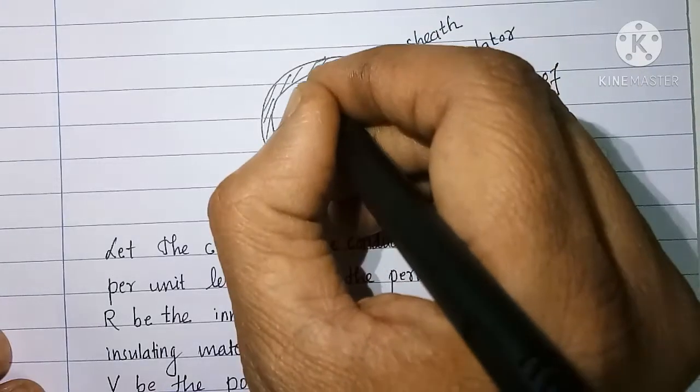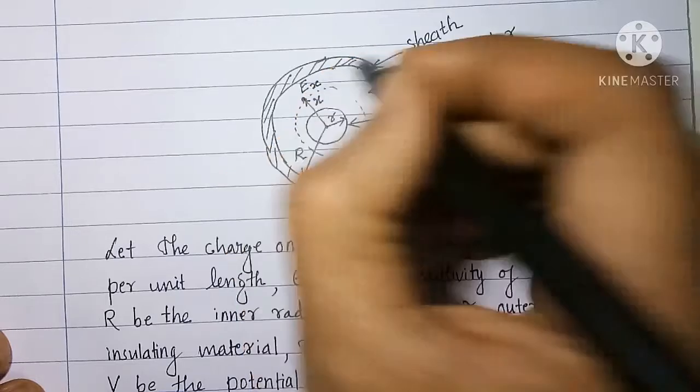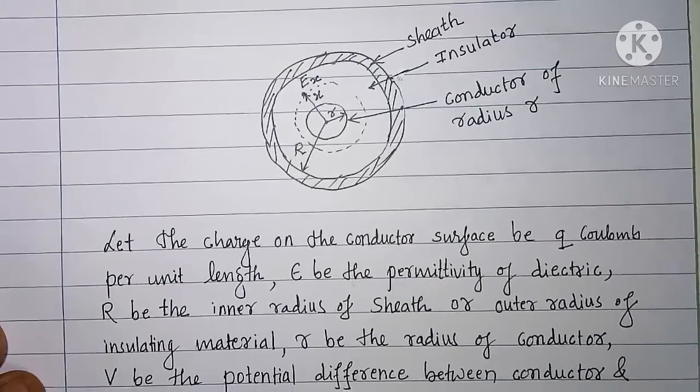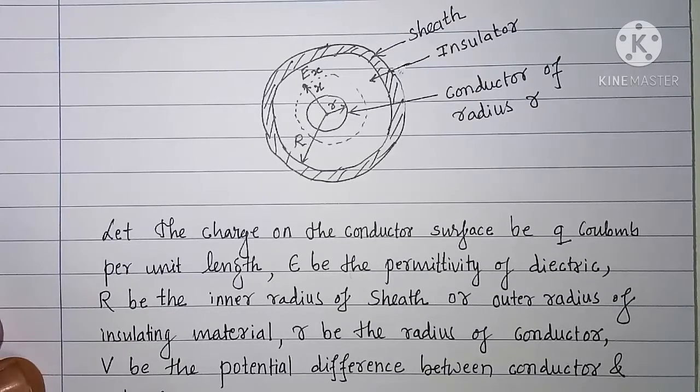At this point, what is the electric field? That is Ex we can calculate, knowing charge on the surface of conductor, radius of the conductor and permittivity of the insulating material, and that electric field is given by, as you all have studied in your 12th standard,